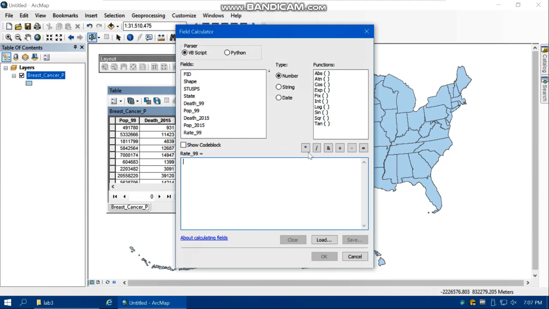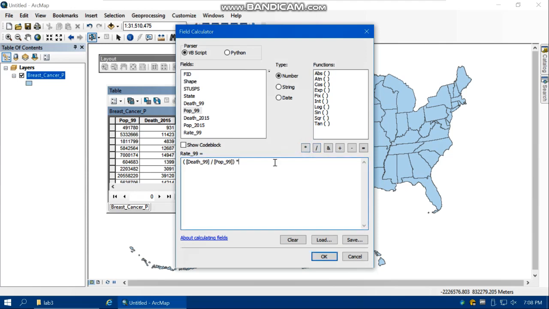We're going to calculate the rate in 1999, which is the number of cases over the population in 1999. So let's open the parentheses. There is no parentheses button, so we need to use the keyboard, but after that I do not type the names. So double click death underscore 1999, over population 1999, and then close the parentheses